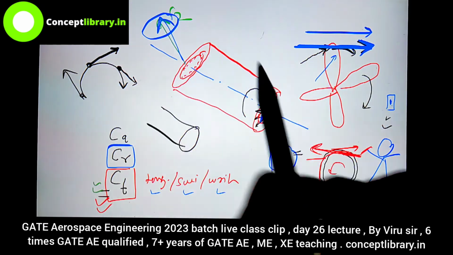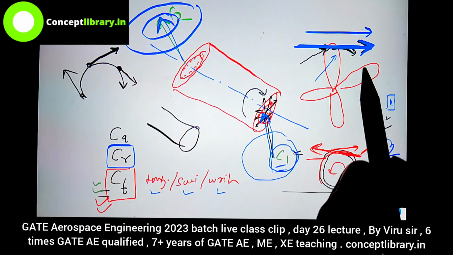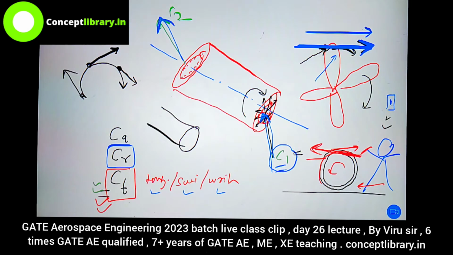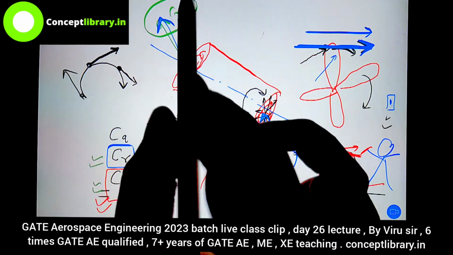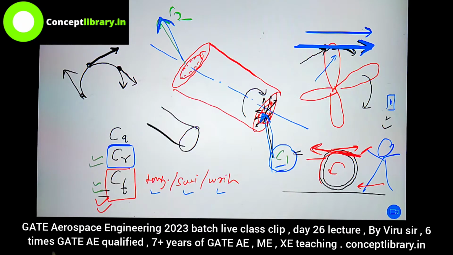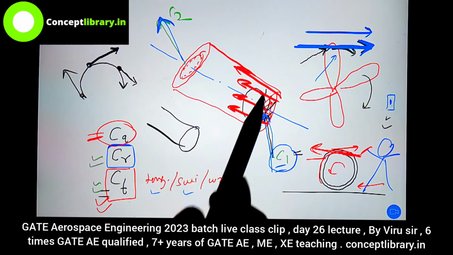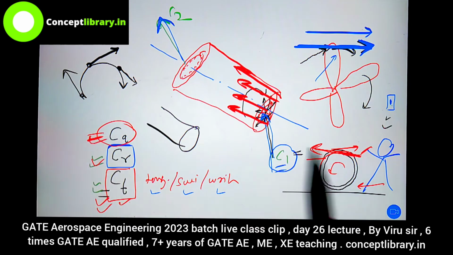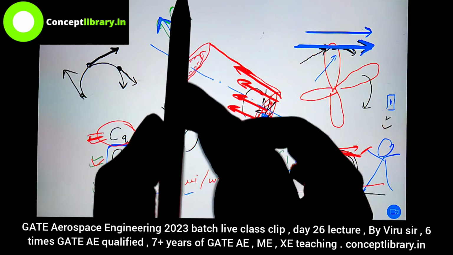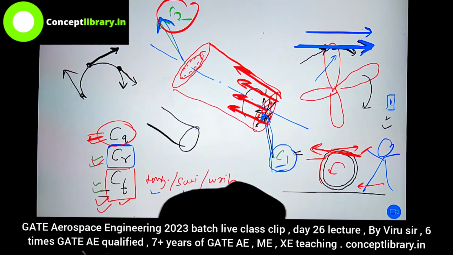So at the exit, the inclination of C1 and C2 will not be the same. Because the inclination is not the same, it means some component is moving towards the radial direction. That's why C1 and C2 are not aligned. And what is CA? CA is the component because of which your flow is moving in the forward direction, the axial direction. So C1 has three components: CT, CR and CA. C2 will also have three components: radial, tangential and axial.